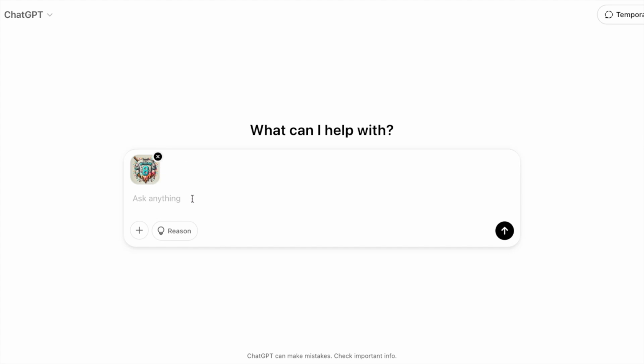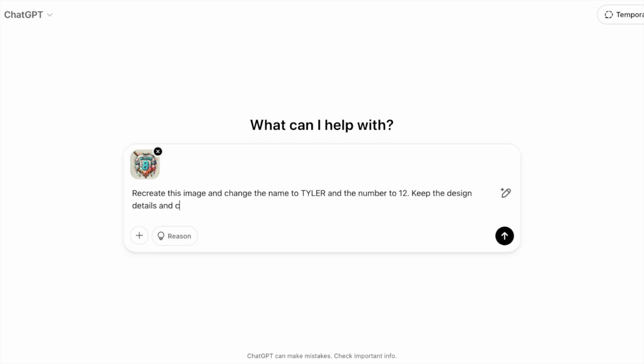You don't need to say please or thank you. Be direct with what you want ChatGPT to do. So I want ChatGPT to recreate this image and change the name to Tyler and the number to 12. Keep the design details and colors the same. Okay, so once you've got your prompt in, you're just going to hit the submit button,